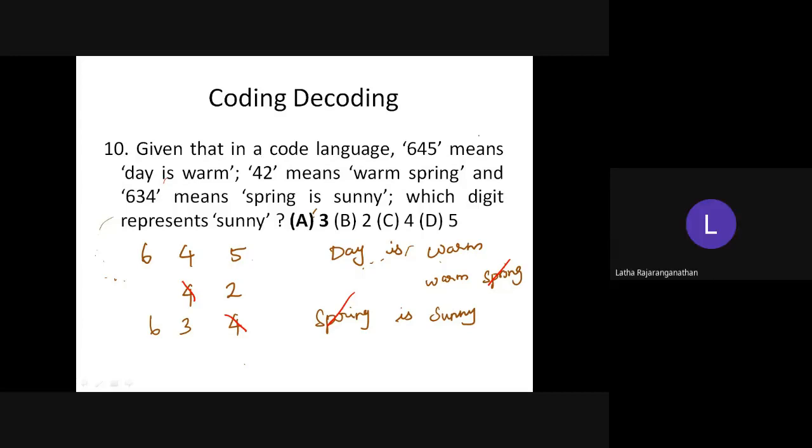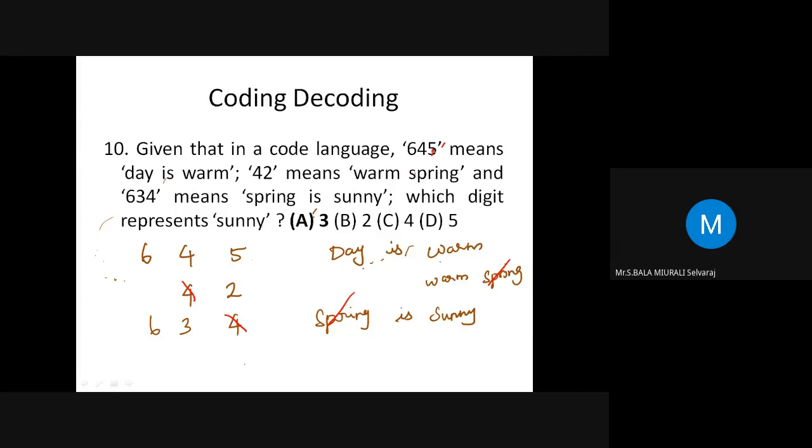Sir, we have to check whether, if we consider the first and second statement, then warm is common. That's what the number is telling. First and second statement you should not consider. Where the question is coming from, start from there. That's what I said. Got it? Okay, sir. First and second you should not consider because there is no question there. Question starts from sunny, which is in the third.